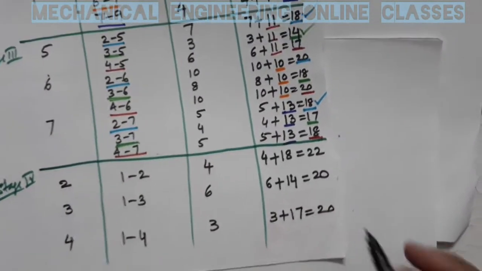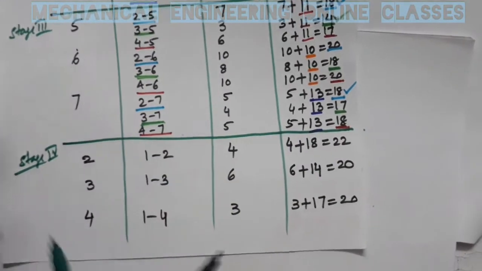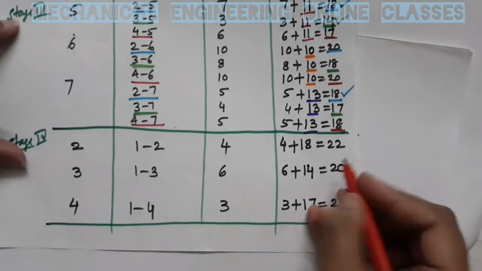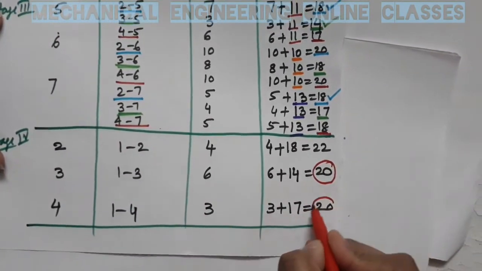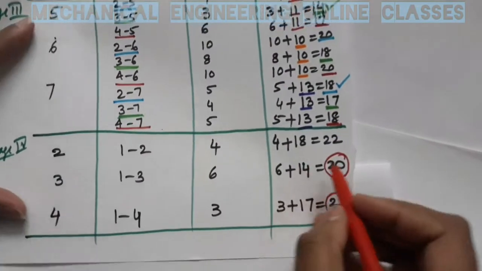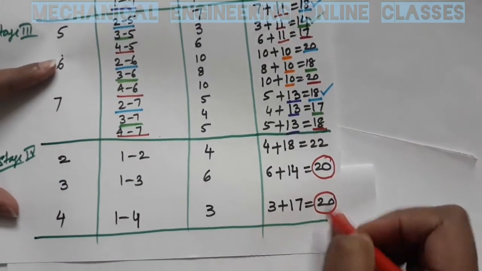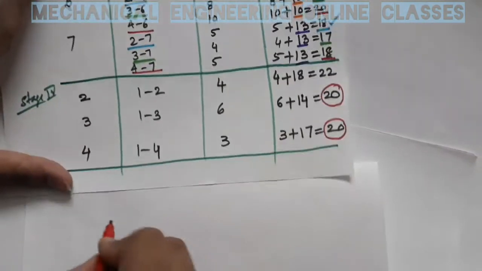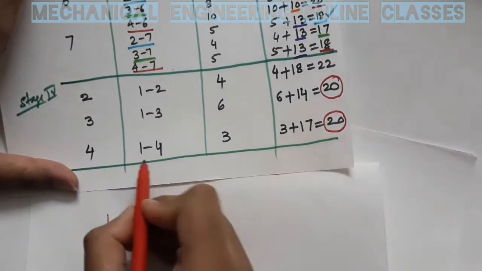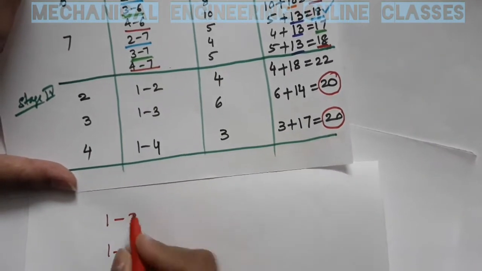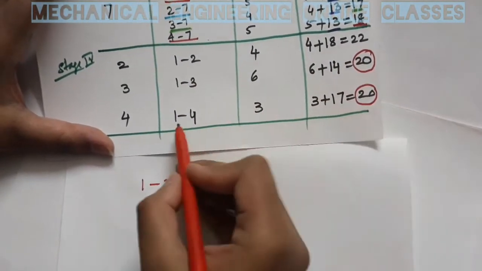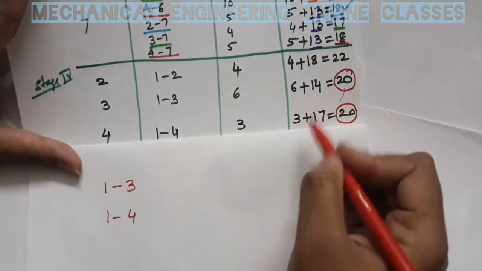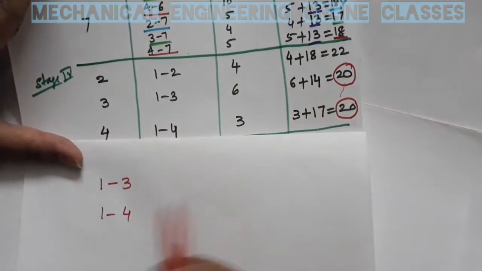So here we are having two minimum values. So one is this, the other is this. So we are getting this minimum total distance of 20. When are we getting this 20? When we are choosing the path 1 to 3, or even when I choose path 1 to 4. 1 3 and 1 4. We have two answers. Two same means multiple optimum solution. So 1 to 3 and 1 to 4.